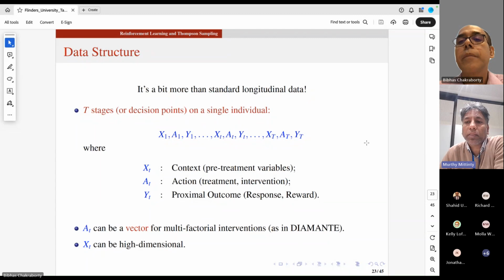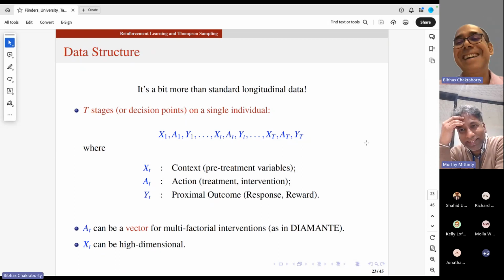Can you please comment on the sample size, follow-up time, and number of arms in Thompson sampling and their effects on sampling efficiency, convergence, initial priors, and certainty of posterior distribution? A lot of things. Maybe if you can cover the sample size. Yeah, so sample size is difficult here.